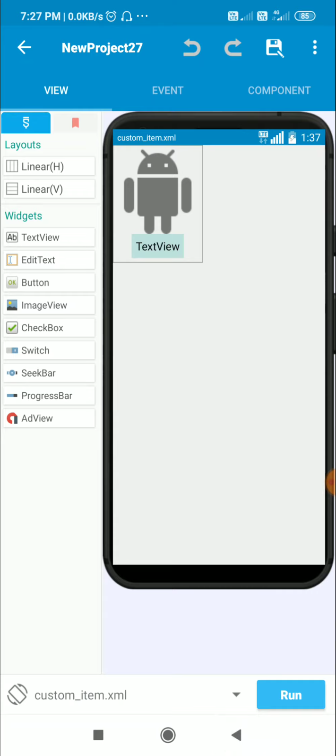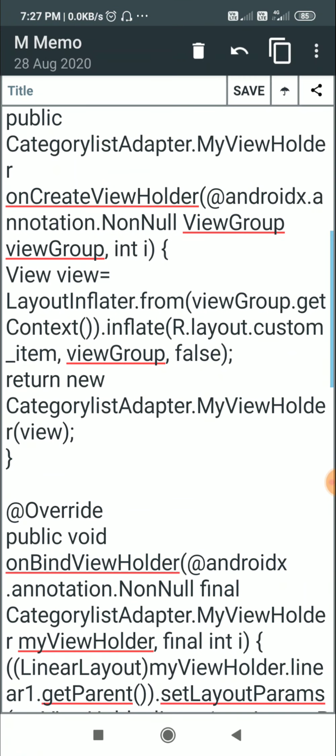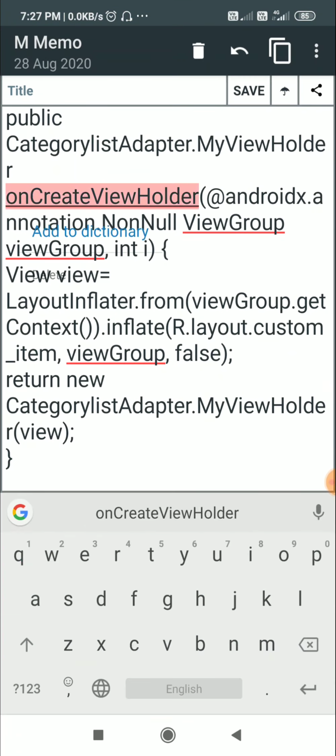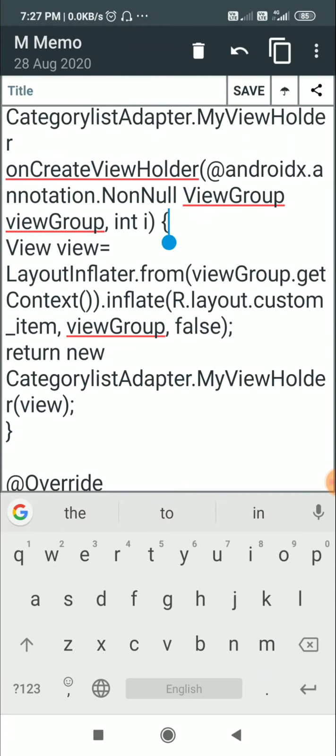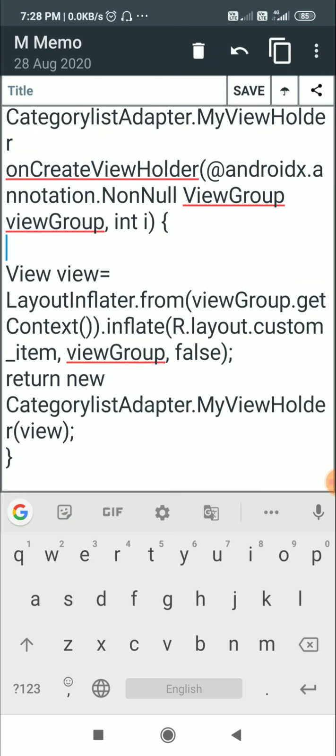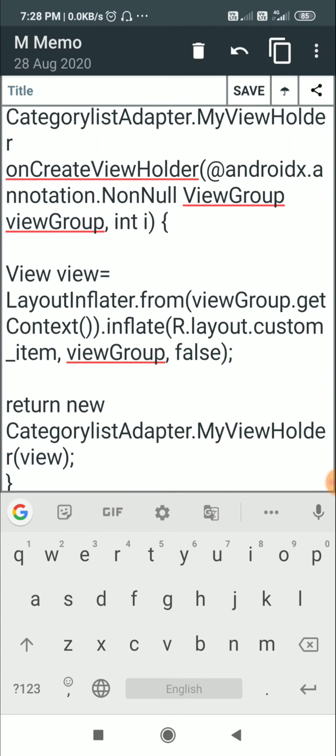So this is custom_item, and I have used it in this adapter in the onCreateViewHolder method. In onCreateViewHolder we define a view using the layout inflater.